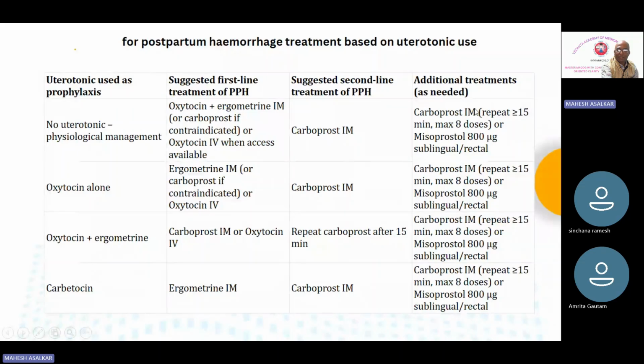And how many carboprost you can give? You can repeat every 15 minutes, total 8 doses, or next option is misoprostol 800 microgram. Now if she has received oxytocin alone, suppose you have given 10 units of oxytocin, then the next will be ergometrin IM or carbetocin if not